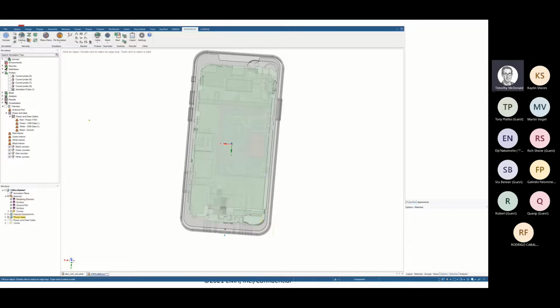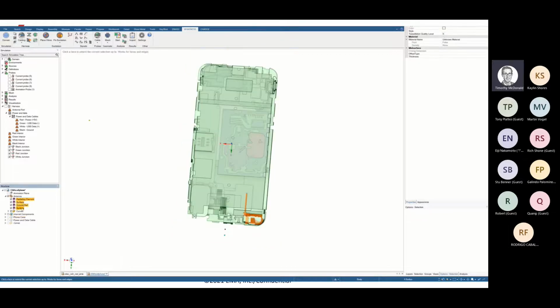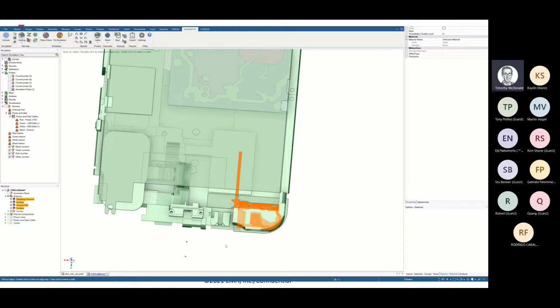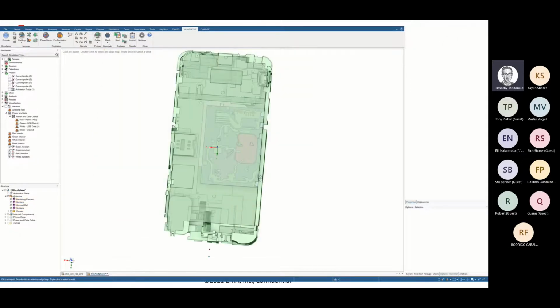And with the tool, we have the ability to look at not just the external parts of the case, but we can also look at the internal PCBs, the traces, the other parts that are inside of the phone itself, as well as very critically, in this particular case, we want to study that Wi-Fi antenna. And so just to point out what I mean by the voxel mesh, that means we're going to be gridding everything up, and we will be